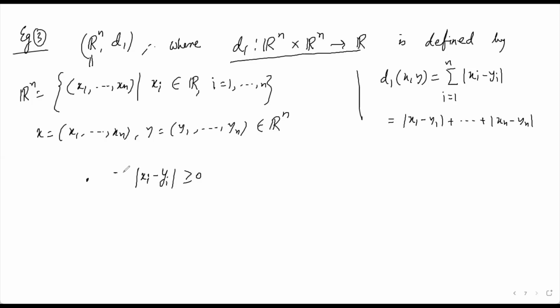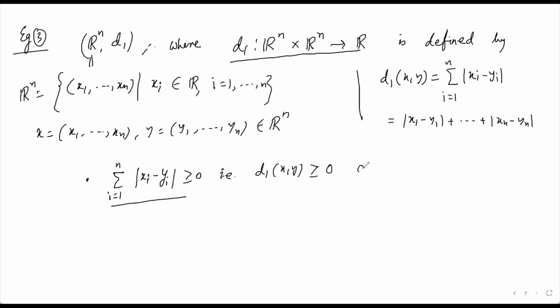So a finite sum of non-negative real numbers, over i equal to 1 to n, is again non-negative. So the left hand side, which is nothing but d1 of x comma y, is greater than or equal to